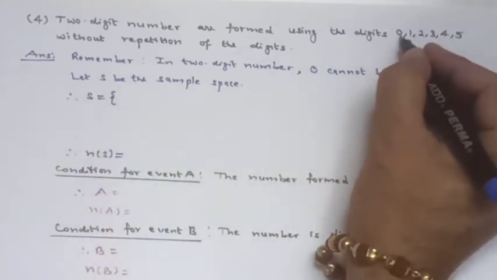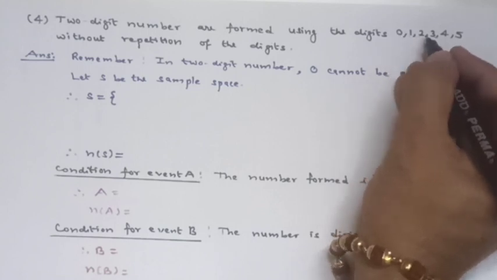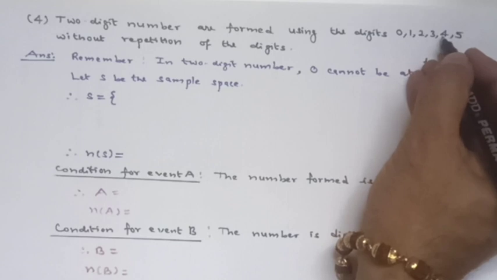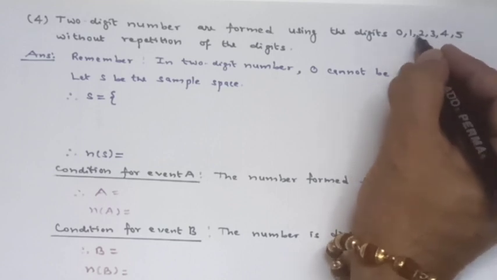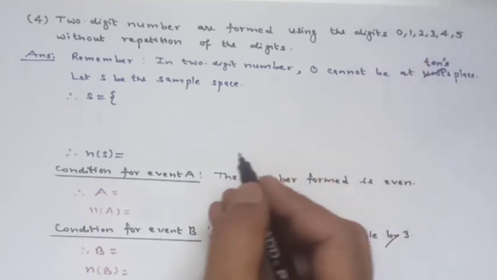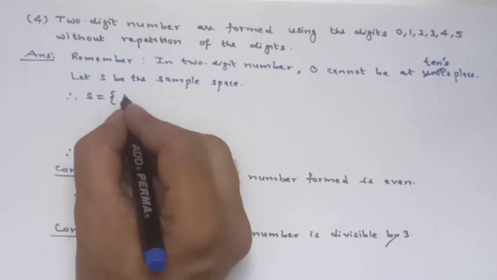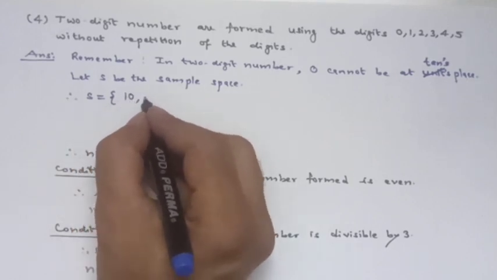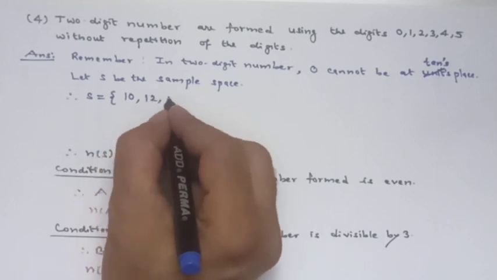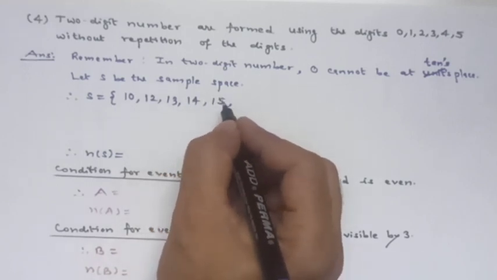So let's begin. So you cannot start with 0, 1 because 0, 1 will be only 1-digit number, 0, 2, 1-digit number, 0, 3, 1-digit number, 0, 4, 1-digit number. So don't go like that. So 0, 1, 0, 2, 0, 3, 0, 4 and 0, 5 not possible. Don't take 0 as a first digit at tens place. So now take 1. Now you can do it. 1 with 0, then 1 with other remaining numbers. So 1 with 2, 1 with 3, 1 with 4 and 1 with 5. This is the one set.